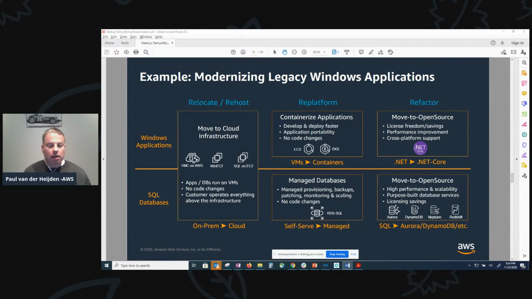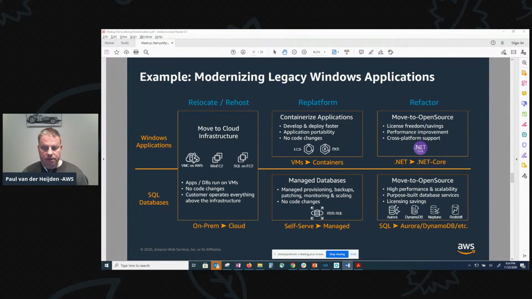Lastly, the third area of transformation is moving from commercial software licensing to open source. Now, many traditional commercial software vendors like Oracle and Microsoft have built their businesses around licensing software license agreements that are aimed at basically locking in customers and using punitive licensing terms to force upgrades and migrations. And oftentimes, commercial software licenses typically add 20 to 50% of cost on top of equivalent open source options.